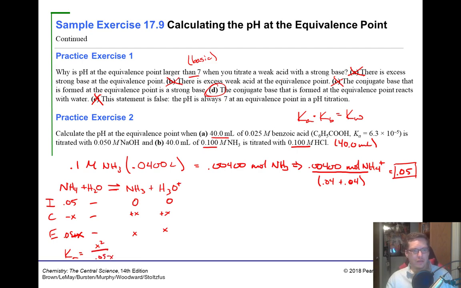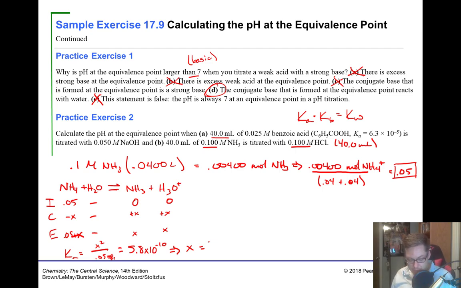Okay, now we need the Ka value of ammonium. So they didn't give it to us, so I'm just going to Google it because I don't have a textbook handy. The Ka of ammonium is 5.8 times 10 to the minus 10th. All right, so that's going to be equal to 5.8 times 10 to the minus 10th. Now, these two are way far apart from one another, so we can get rid of that x. So that means our x, going to do some algebra here, is going to be equal to 0.05 times 5.8 times 10 to the minus 10th, and then take the square root of that,